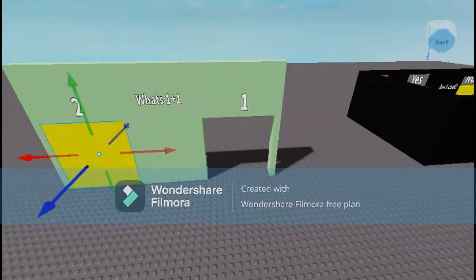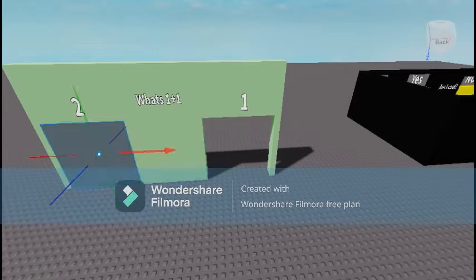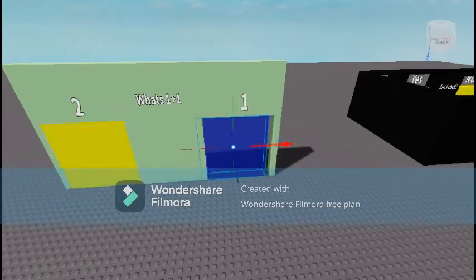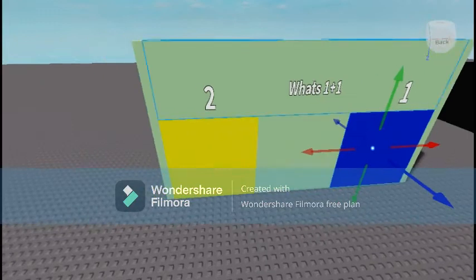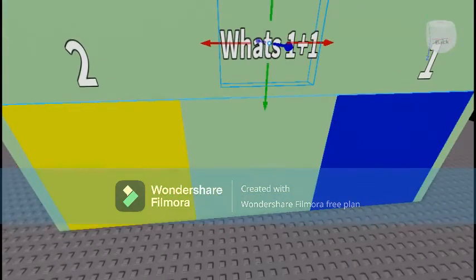Then you're going to, so now, I'm going to switch up the places that they're in. So now the wrong one is in the right position where it was last time, where the blue one was. And now the blue one's in the yellow position. Now this question should be a little different. So maybe,